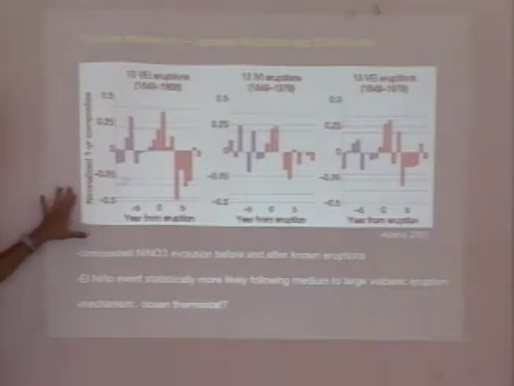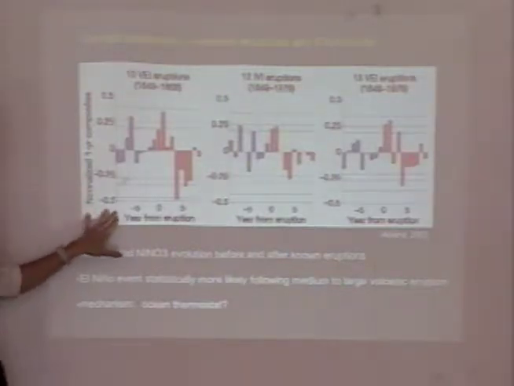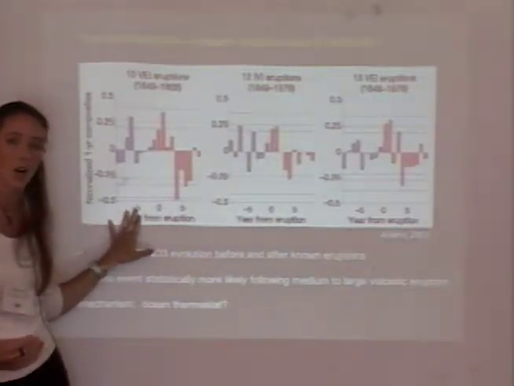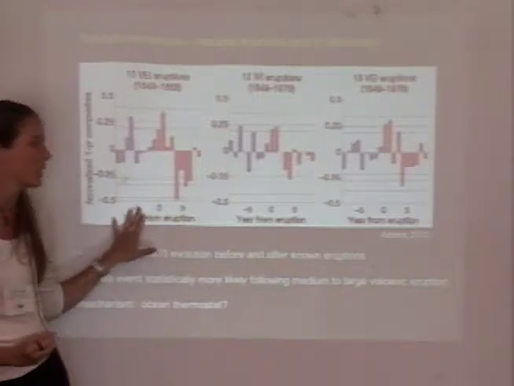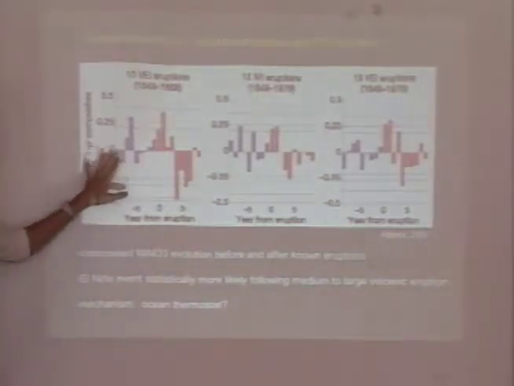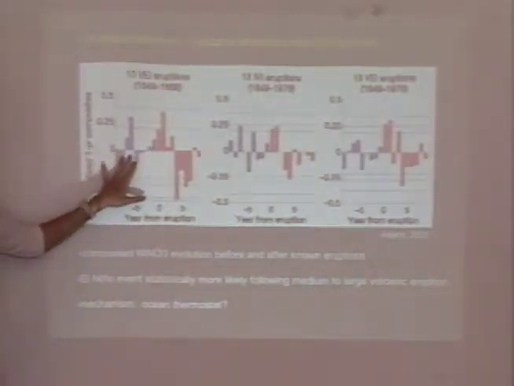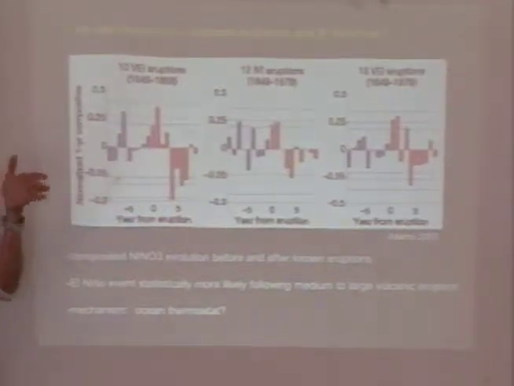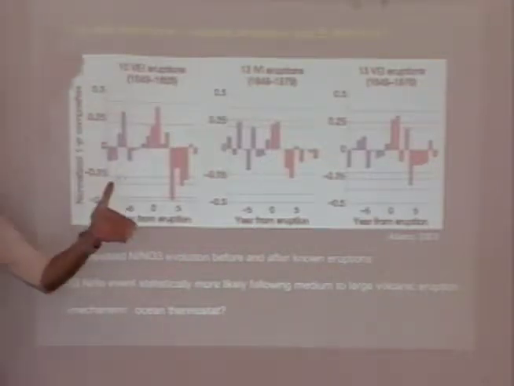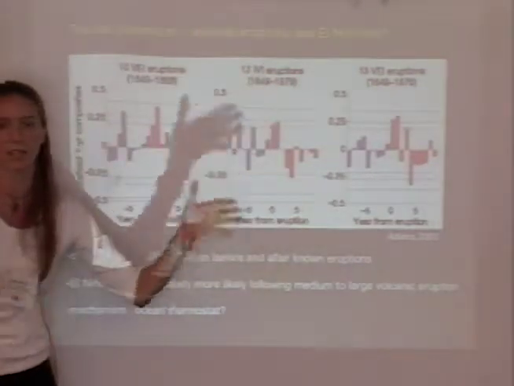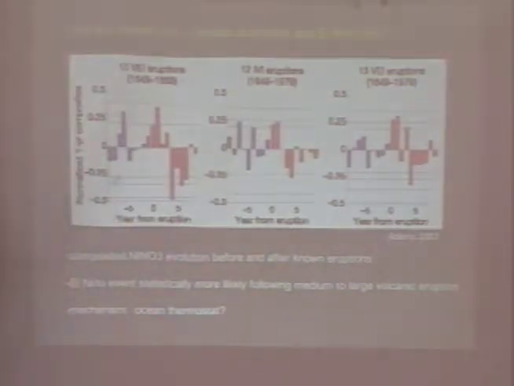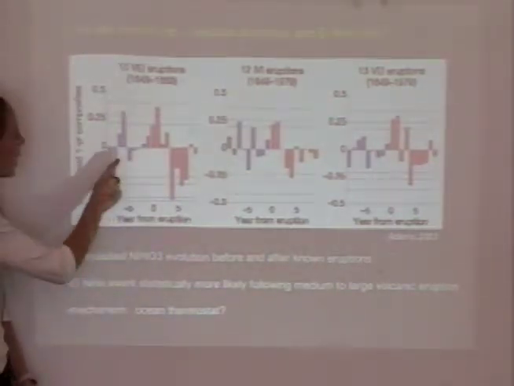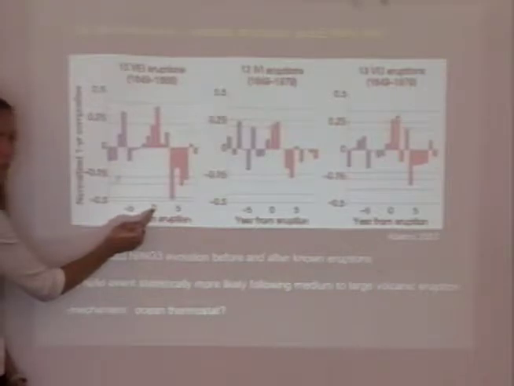So this is a study where they took the largest volcanic eruptions that have happened in the last 400 years, and they looked at how the El Nino system responds to those. So they composited 10 years with the eruption in the middle. They took 10 years around each of these very, very large eruptions, and they stuck them all together and averaged the response. What you can see is that on average, here's year 0 during the eruption.